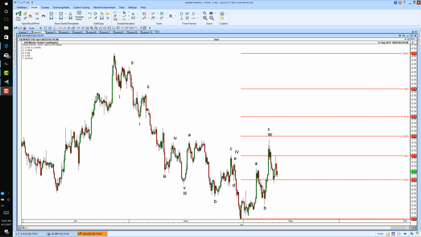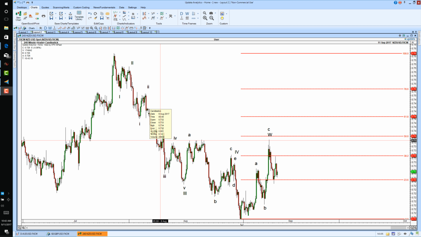So in regards to the euro and the pound, I'm going to post something, but as far as counts, I'm not going to label anything until I actually get a clear picture on what's going on. So for now, I'm going to put my focus on some other trading opportunities. Here is the 4-hour chart of the New Zealand dollar versus the dollar, and from